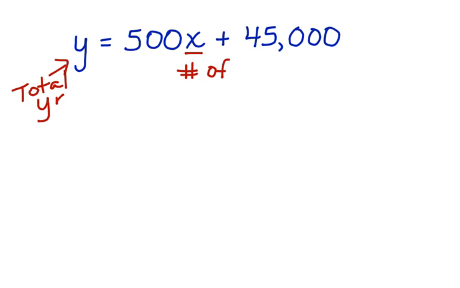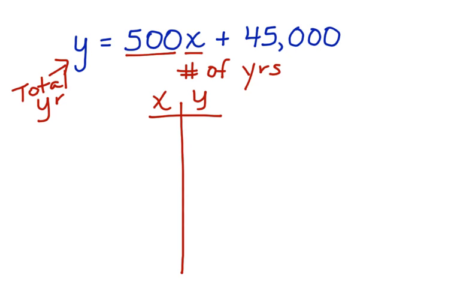So you could say that Farah receives a $500 bonus for every year that she works, plus her base pay of $45,000. Now let's create a table of values that shows how much money she could make. So if X is 1 year, then she would make $45,500. If X is 2 years, then she would make